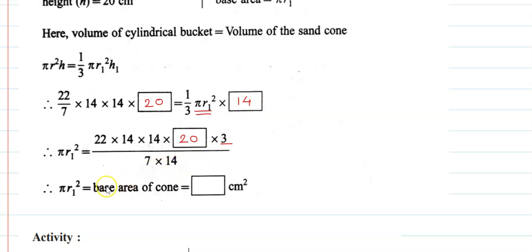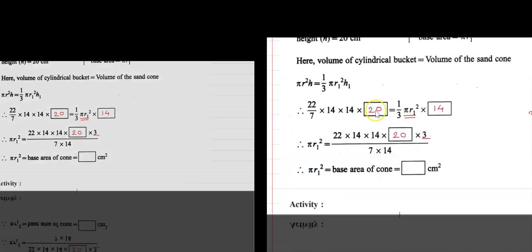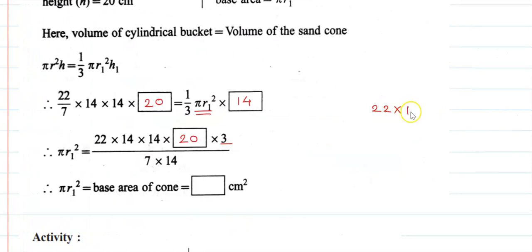Okay, and the next simplification. While simplifying here, okay, this is 22 into 14 into 14 into 20 and into 3, and this whole divided by 7 into 14. Okay, and further in the simplification, 14 gets cancelled here. Okay, 7 1s are 7, 7 2s are 14, and the next multiplication is 22 into 2 into 20 into 3,